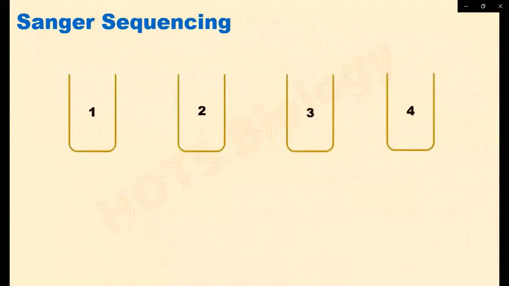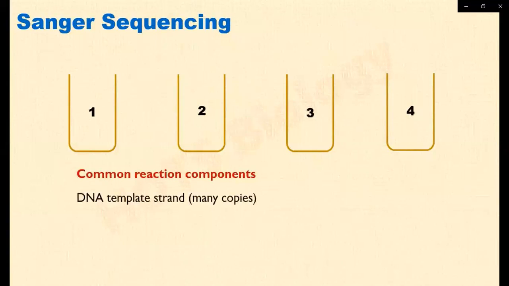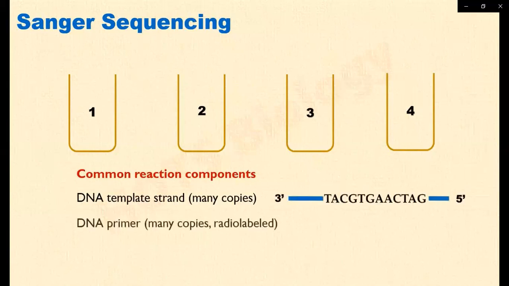अब हमने क्या लेना है, we are going to take 4 tubes because we have 4 nucleotides, we will have 4 different types of ddNTPs, so we need 4 different tubes. The common components that we are going to put in these 4 tubes are, first of all, DNA template strand, बहुत सारा बनाएंगे। कल आपको मैंने बताया था कि पीसीआर से हमने बहुत सारी कॉपीज बनाई, and we are going to put them in each tube. एक तो ये कॉमन कंपोनेंट है, चारों में डालेंगे।